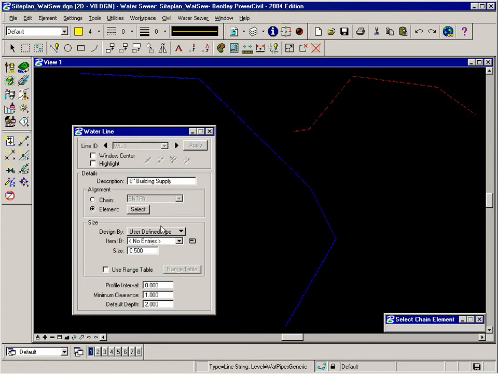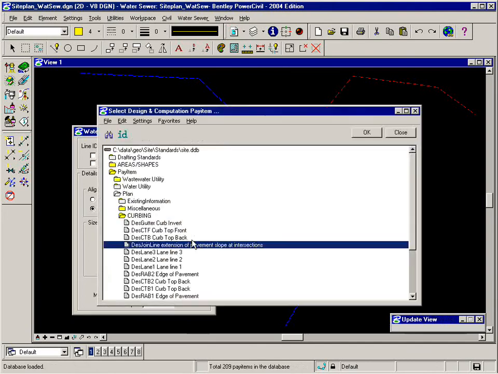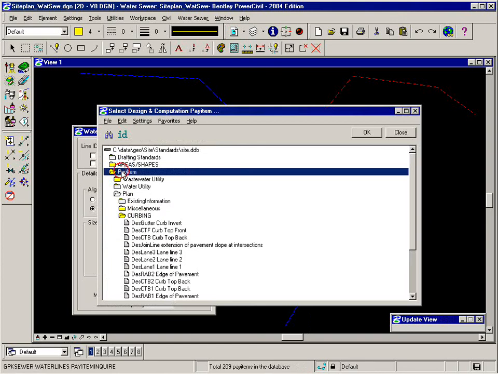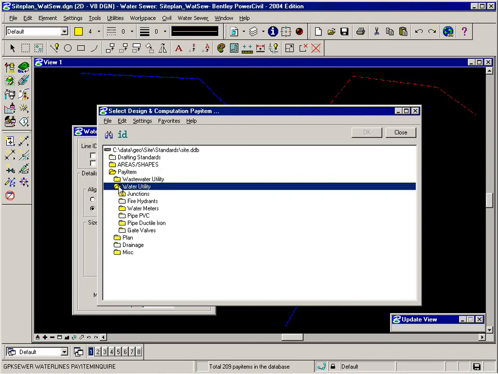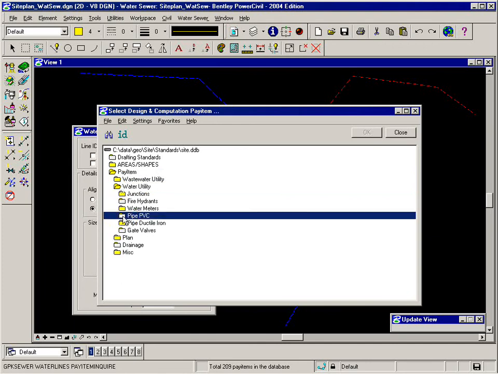Next I need to define a size, and I can do that several ways. I can use a user-defined pipe or access a water sewer library. If I do user-defined, I have to select a pay item from Design and Computation Manager, and here I'll navigate to the pay item folder, my water utility folder, and under there I've got some PVC pipes selected,